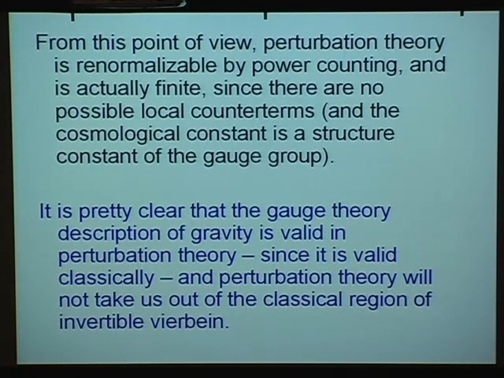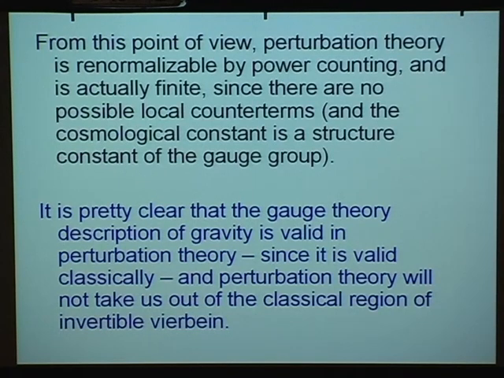Well, is gravity equivalent to gauge theory? It's pretty clear that that's correct in perturbation theory. It's valid whenever the Vierbein is invertible. That was the main step that we needed to justify the relationship. Classically, by definition, we require that the Vierbein is invertible. And if it's invertible, then under perturbations it remains invertible. So in perturbation theory, this is okay. But